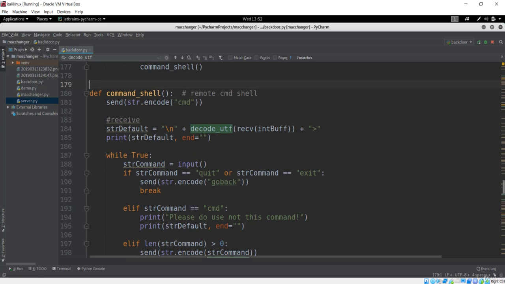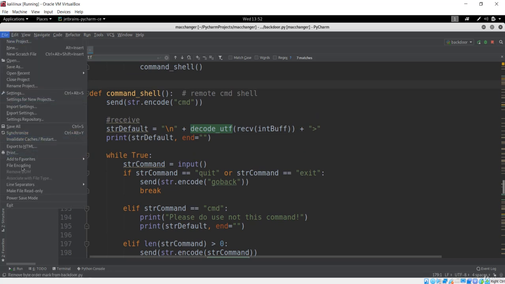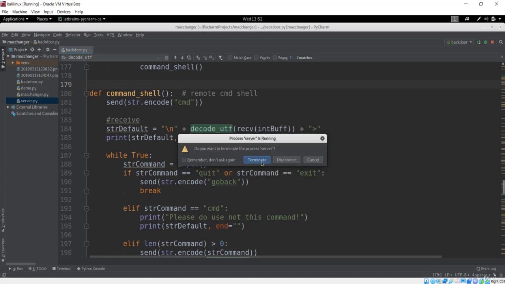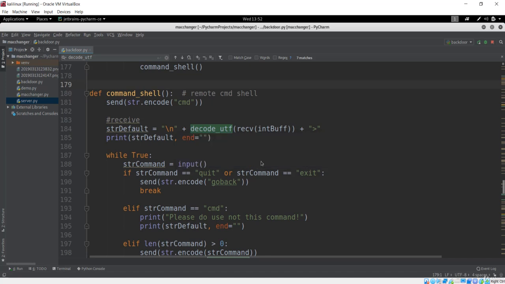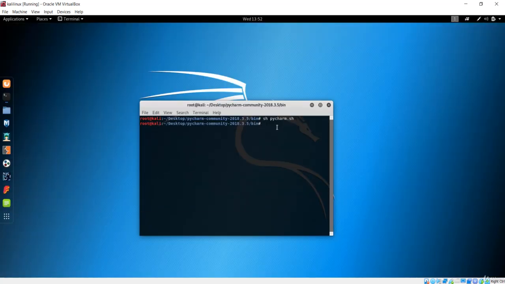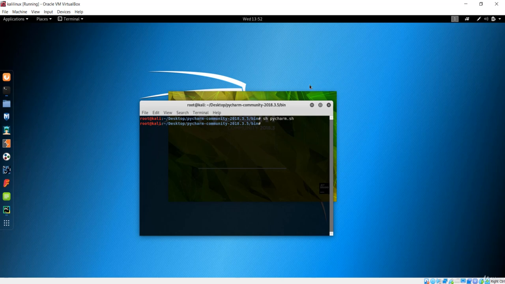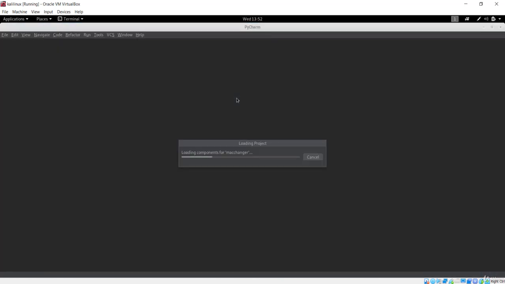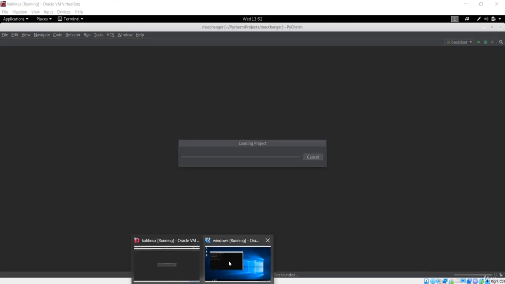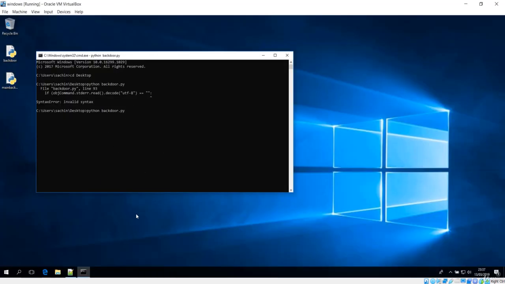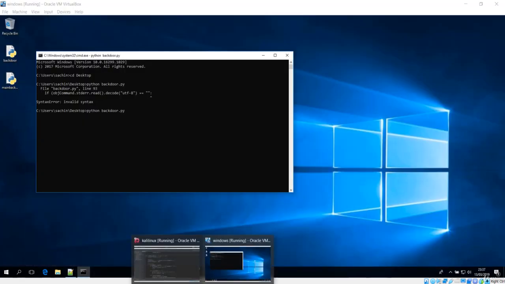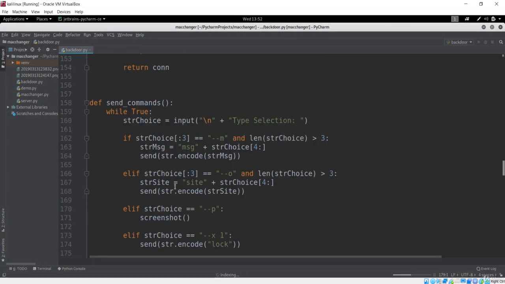I didn't find any error, so let's invalidate the cache and restart, and let's see if this works or not. Let's terminate first, and let me run it one more time. Our client is up and running, so we don't have any problem in our client, it is perfect code. So let's see what we can do in the server.